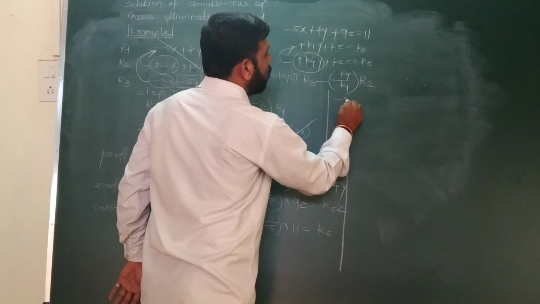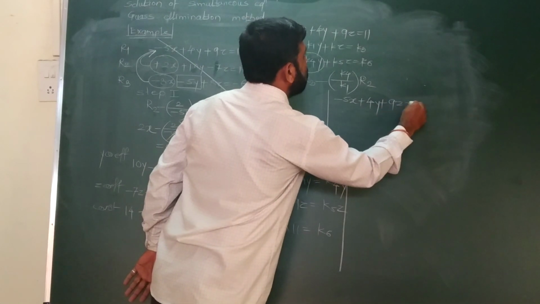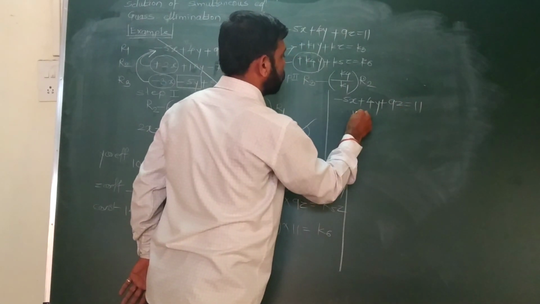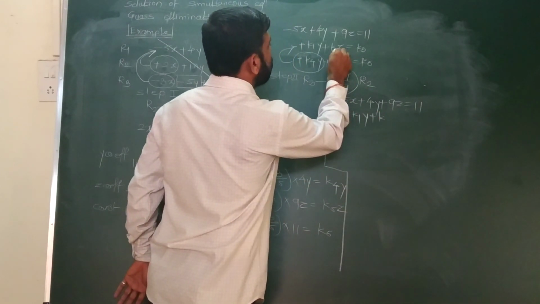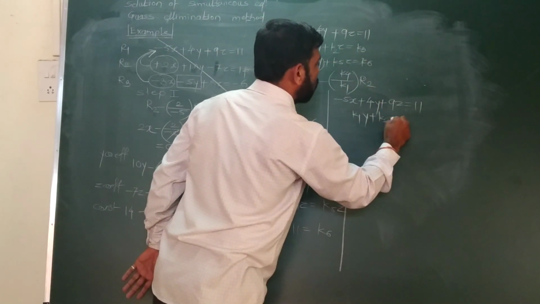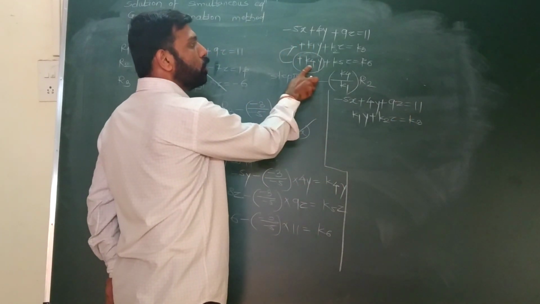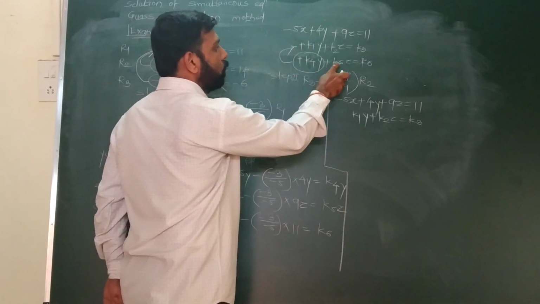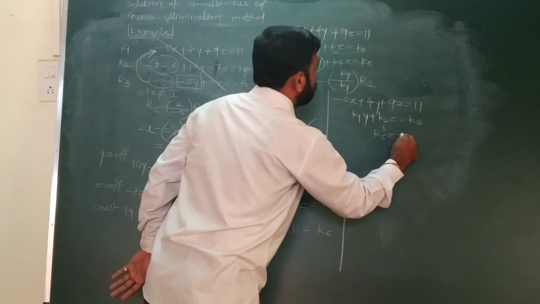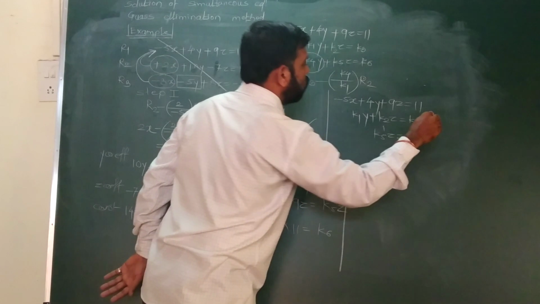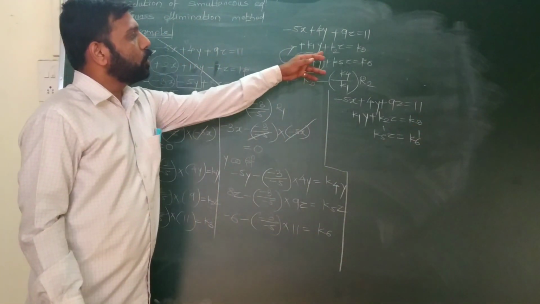So in that case, what we have is: the first two equations the same, because there is no change in them. k1y plus k2z is equal to k3. Now this element is 0 because of this operation, and now we got here k5 dash z is equal to k6 dash. Now this element becomes 0.